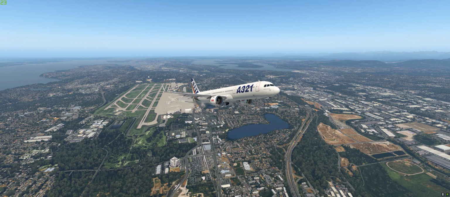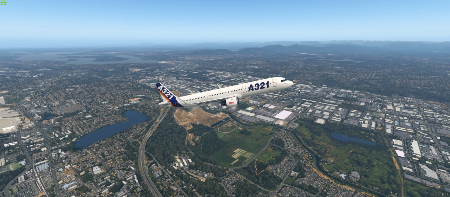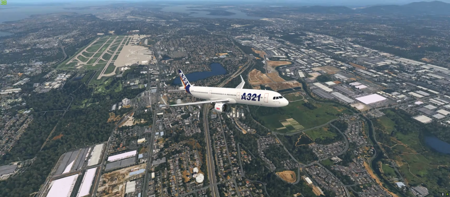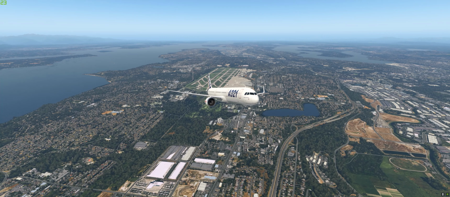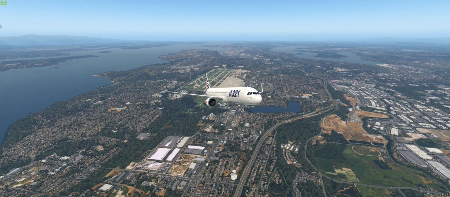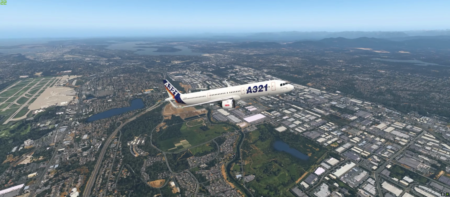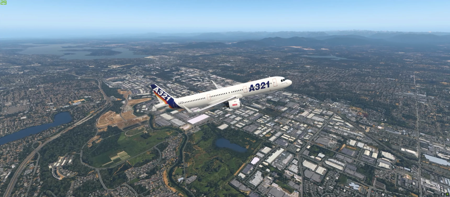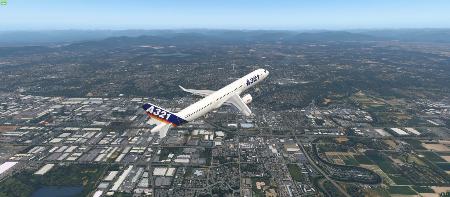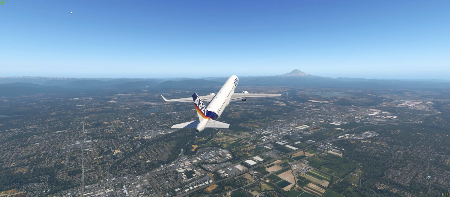Even at 23 frames, still looks pretty good in my view. A bit jittery, but still enjoyable. I mean, still flyable. You can still fly it. And there's a lot of fluctuation here. You can see the airport area. When the airport area is in the scene, you can see the degradation in performance. If I pan the camera away from the airport scene, we can see that we get more FPS. And as we switch the view towards the mountain area,